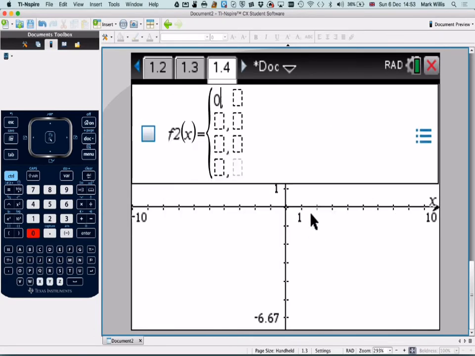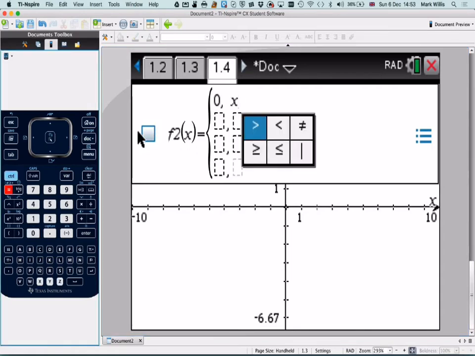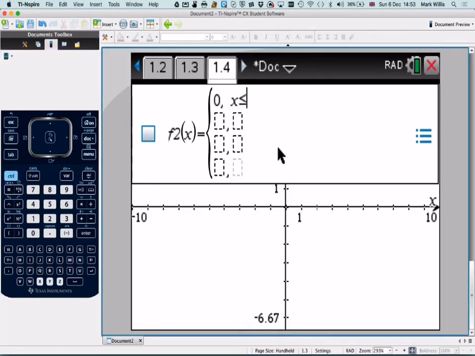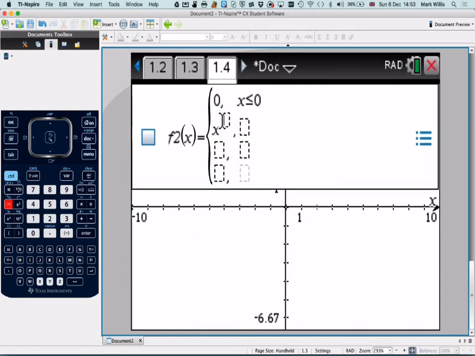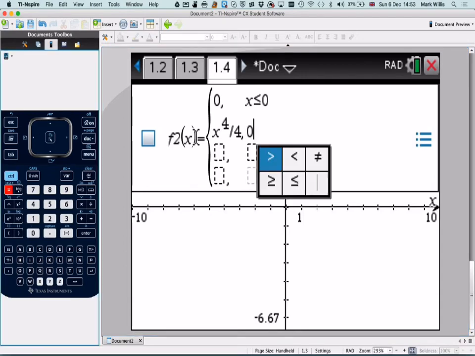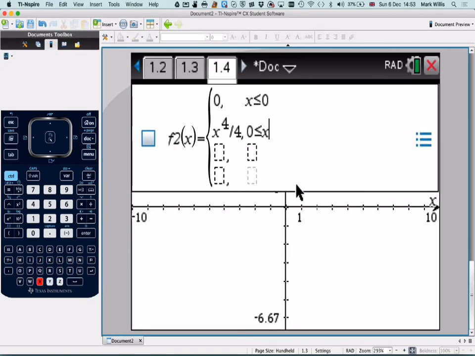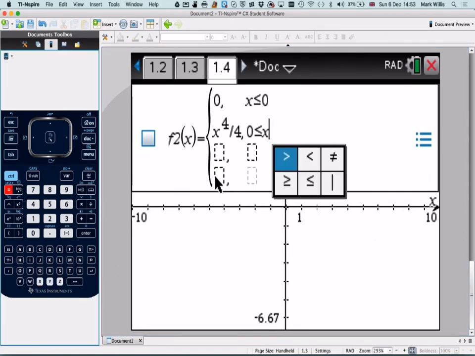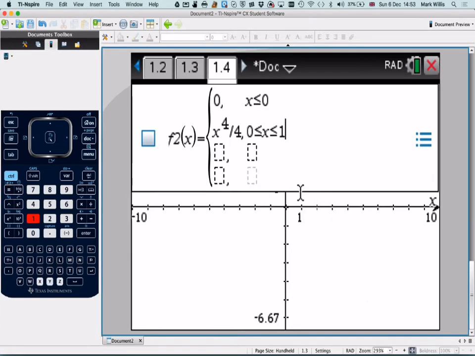So it's going to be 0 for x less than 0. I don't really need to put that one in, but just for the sake of being complete. Then x to the 4 divided by 4 for x being between 0 and then 2x,